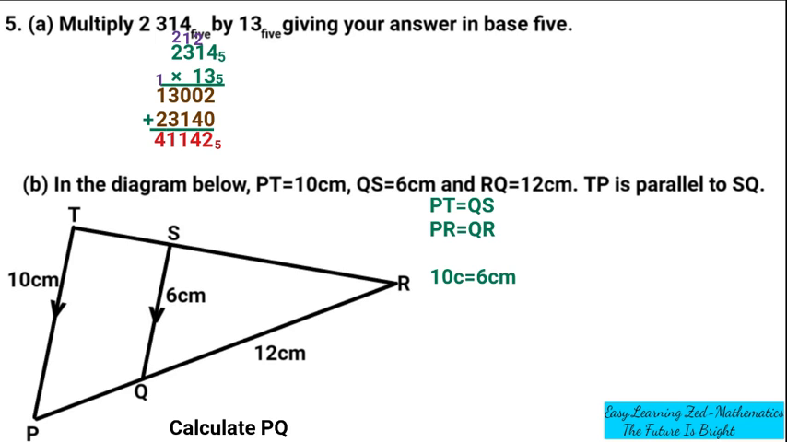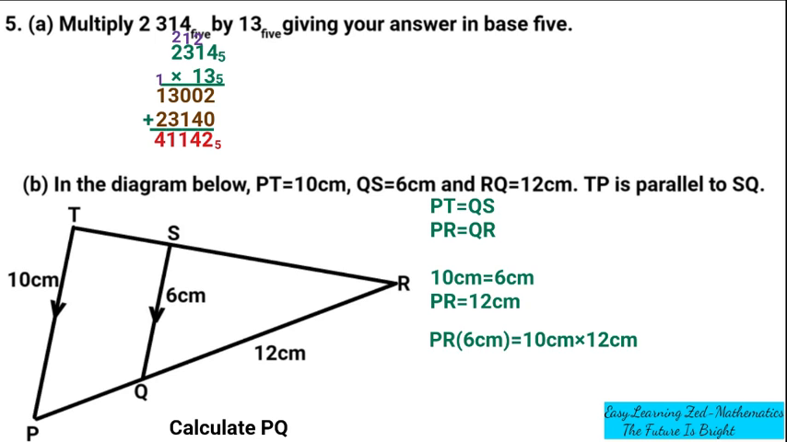Then PR, are we given PR? No, the PR is not given, so I can say PR is not given. Then QR is given, which is 12 centimeter. Okay, now we can cross multiply. So we have PR multiplied by 6 centimeter is equal to 10 centimeter multiplied by 12 centimeter,